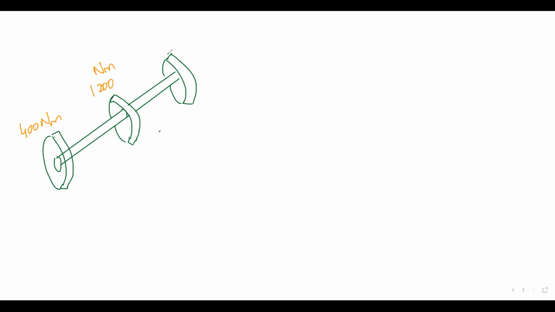Oh, we do care, by the way. 800 Newton meter here. Then I have the torque in this direction, then torque in this direction, then this fellow in this direction. The question says that the diameter of this fellow is 30 millimeter and the diameter of this fellow is 40 millimeter. Are you getting my point? Diameters are different, but it's one continuous chunk. If this fellow is my A, this fellow is my B, and this fellow is my C, why don't you tell me